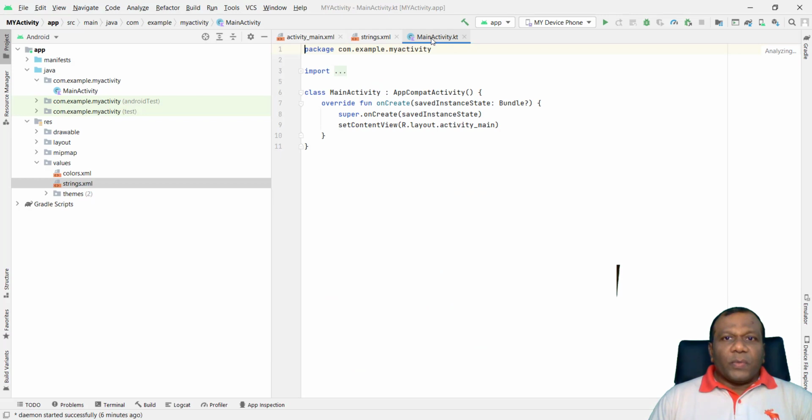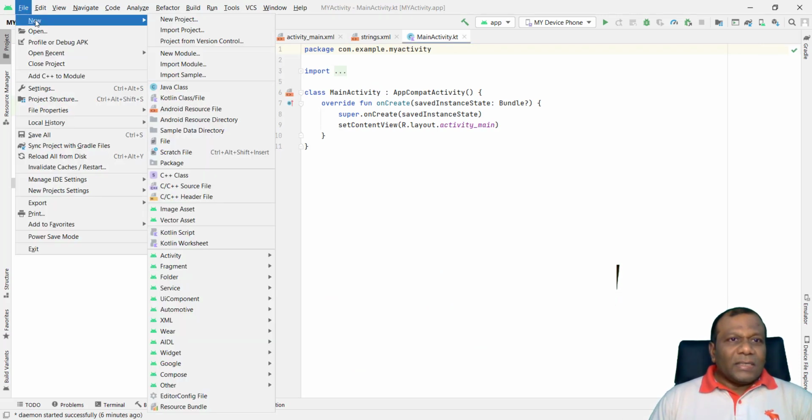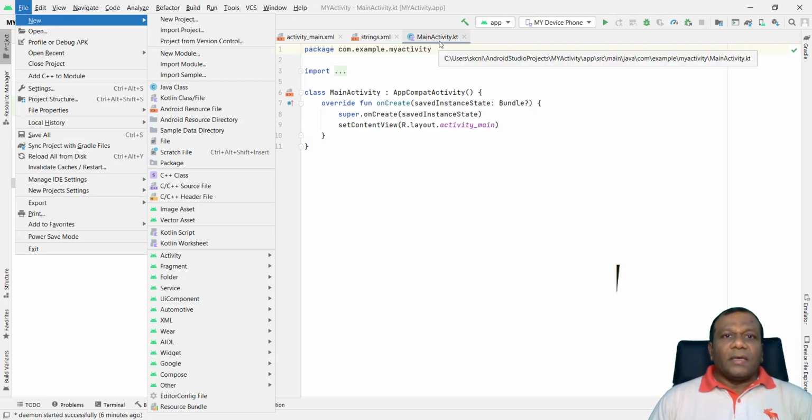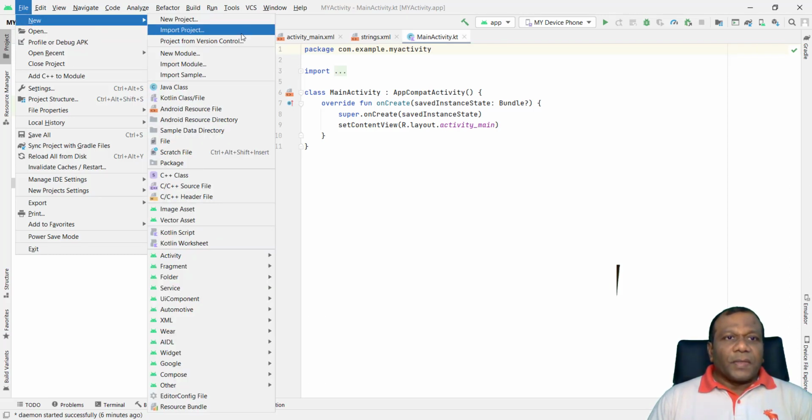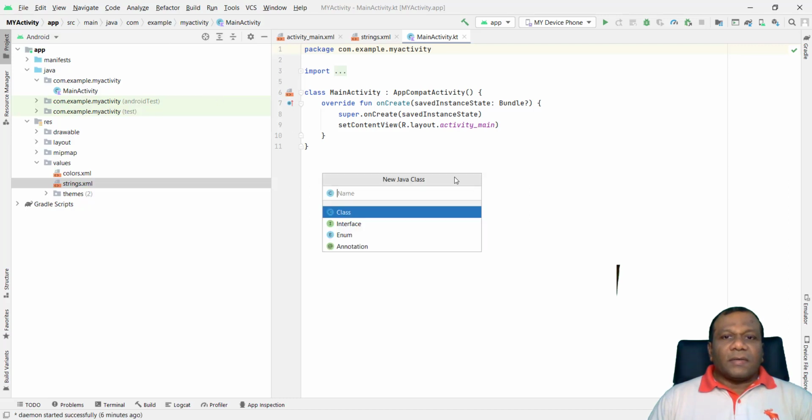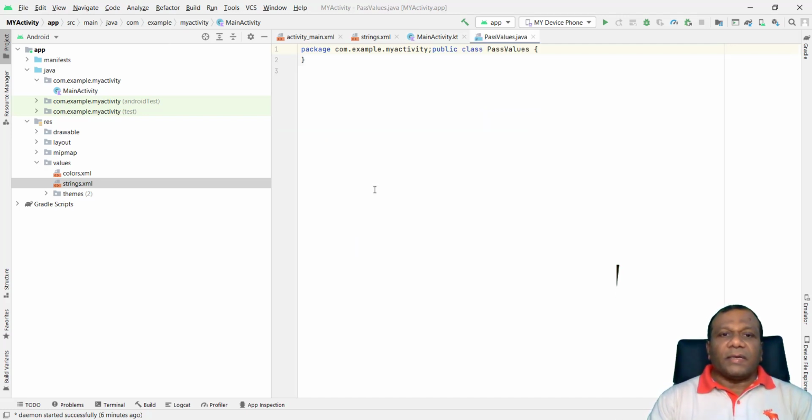What I do, I'll go to main activity Kotlin, file, new. Here Java class, right? You have to select this main activity KT. Right, now after that you can go to file, new. Here Java class. So in Java class, I'll give a class name, pass values and enter.